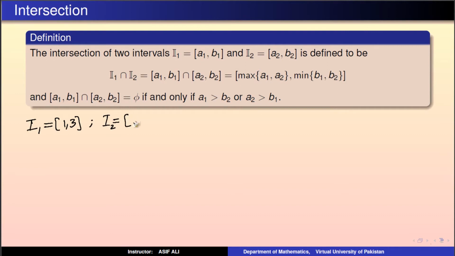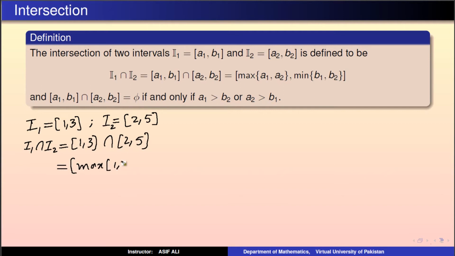Let's see another example. Here I1 = (1, 3) and I2 = (2, 5). Then I1 ∩ I2 = (1, 3) ∩ (2, 5), which is equal to maximum of 1, 2 and minimum of 3, 5, which is equal to (2, 3), because maximum is 2 and minimum is 3. This is an interval. अब हम इसको ड्रा करके देखते हैं।